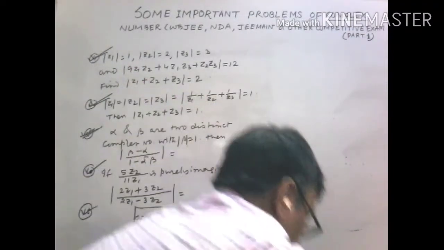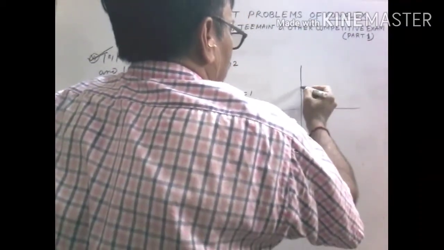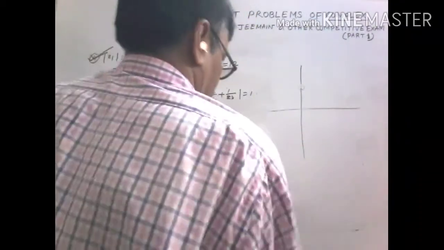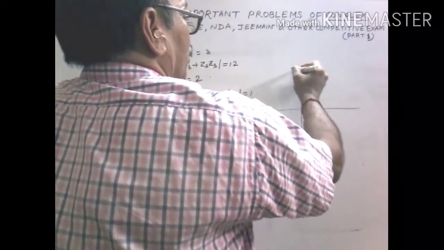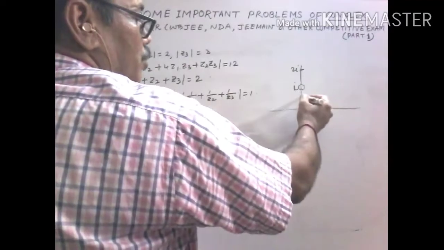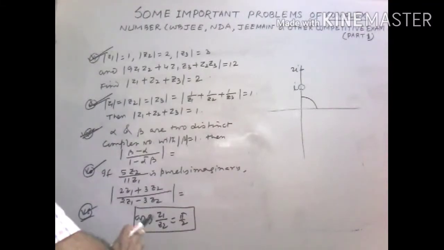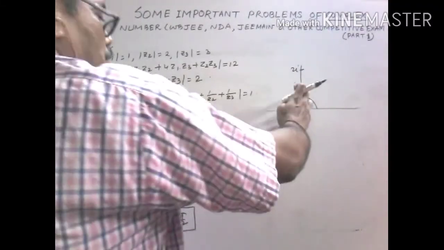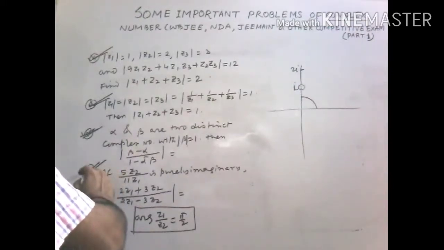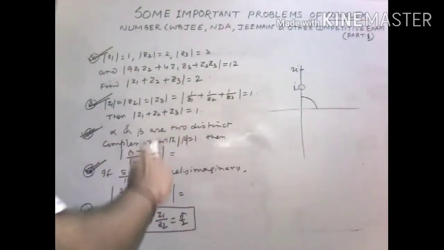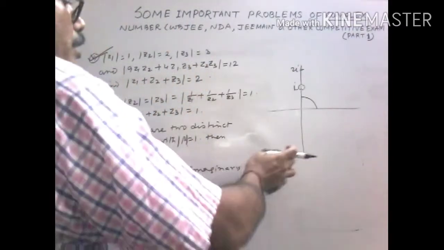You know, argument pi by 2 means it lies on the imaginary axis. Suppose this is i, 2i. So they are completely imaginary. So the argument of this is pi by 2 in problem number 15, that is, Z1 by Z2 is purely imaginary. So it is given in a twisted form, and in problem number 10, it is given directly that it is in purely imaginary form. So consider problem number 10.